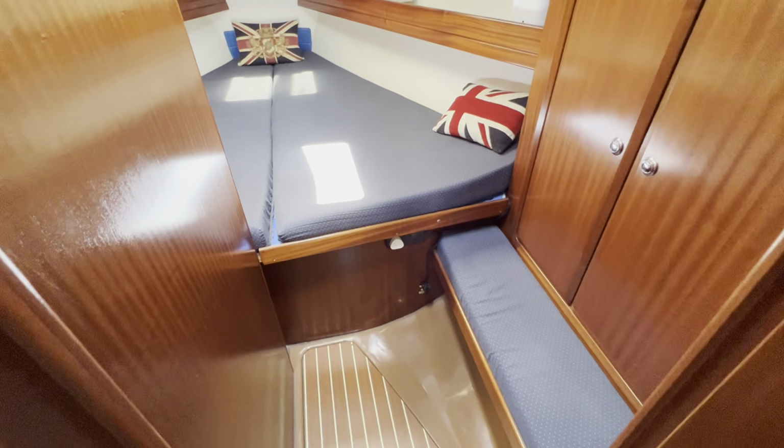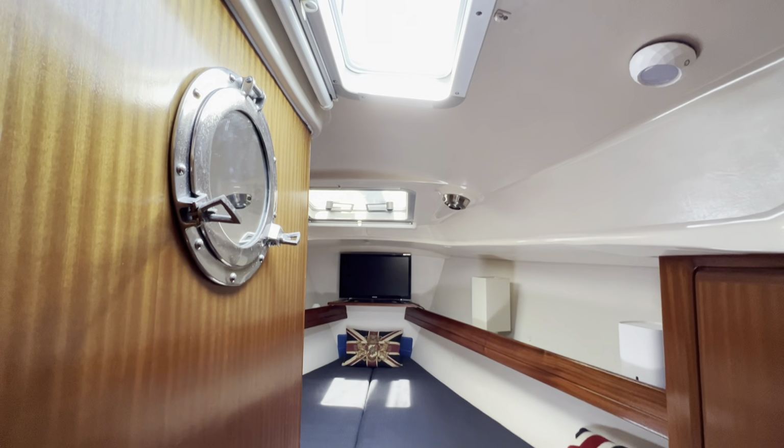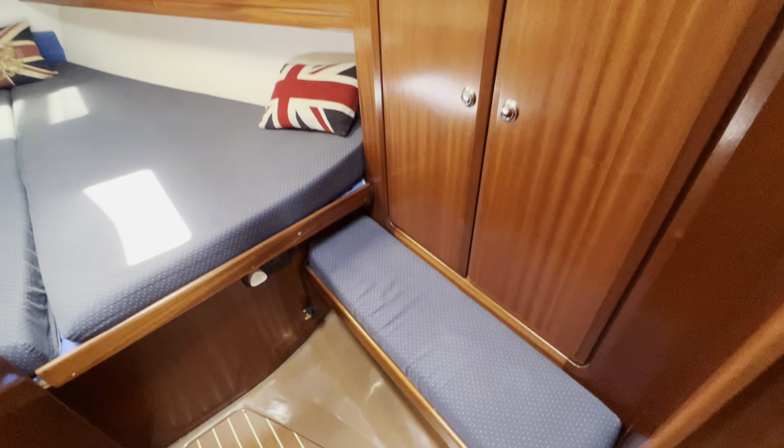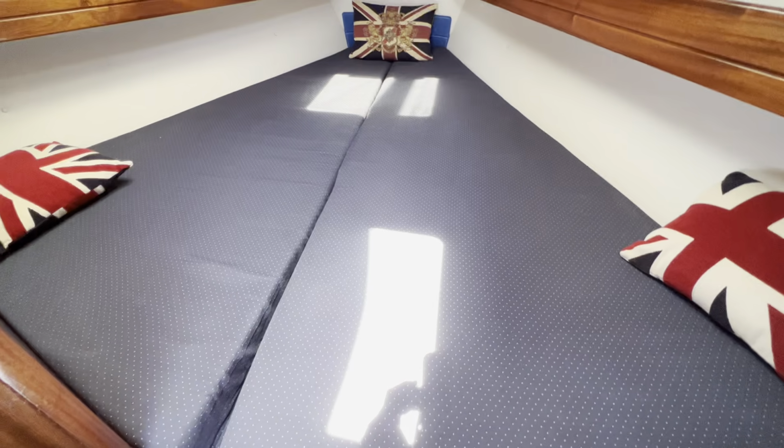Now, as you can see, we've got a lovely airy cabin. We've got 2 hatches open here at the moment, letting lots of breeze and air through. I can feel the breeze, it's lovely, such a warm day. Hanging locker on the right, a seat just below that as well. And also, if you go forwards, you can see that we've got a nice